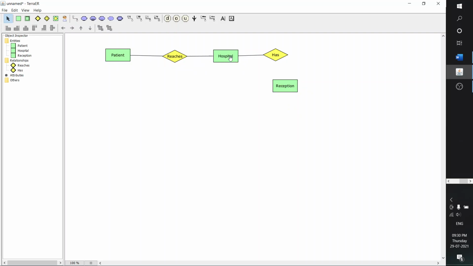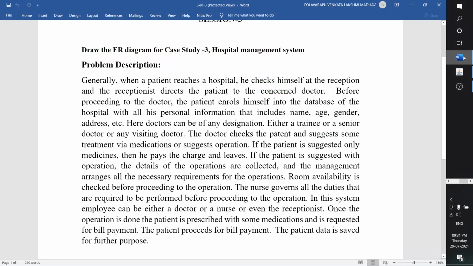Patient reaches hospital. Hospital has a reception. So the patient will reach the reception after getting into the hospital. Reception directs the patient to a concerned doctor.